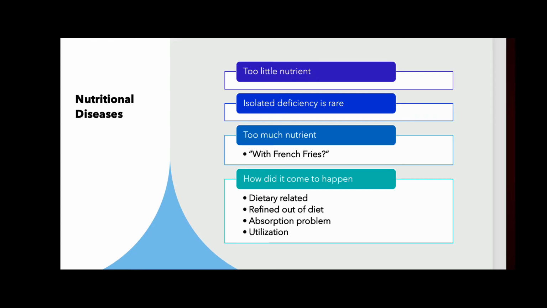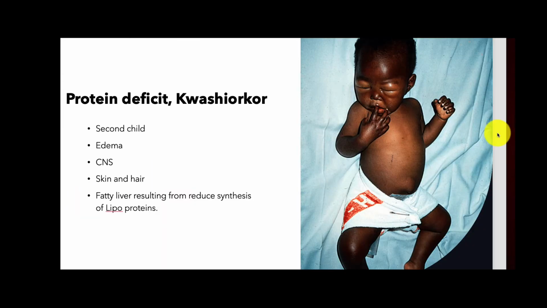So let's just look at an example of what a condition looks like when we have a primary malnutrition, and we're just not getting the right nutrients. On this slide, we see a condition called kwashiorkor. This is a condition that occurs when protein deprivation is relatively greater than the reduction in total calories. So what does that mean? That means that not only are we getting very few calories, but we're also getting protein deprivation that is more impactful than the calories themselves.